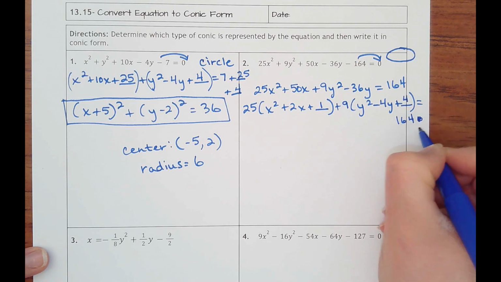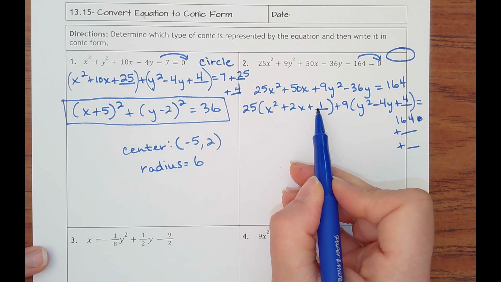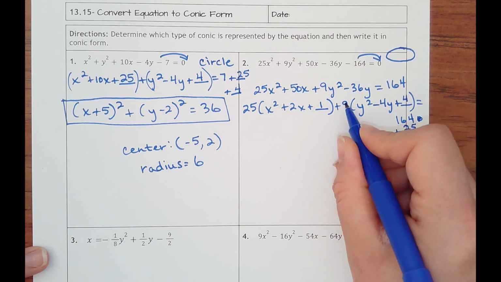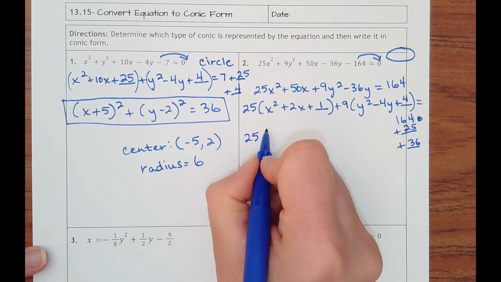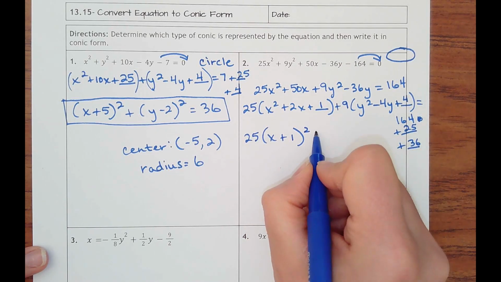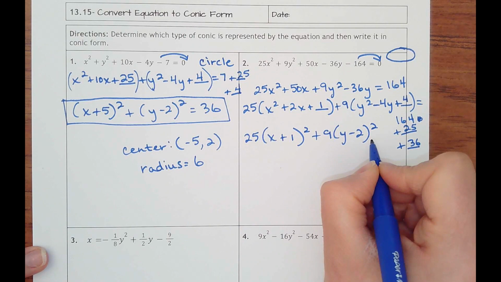I don't even have room. Plus blank, plus blank. Remember, I'm not just adding a 1, I'm adding whatever 25 times 1 is, which is 25, and 9 times 4, which is 36. So you get 25 times x plus 1 quantity squared plus 9 times y minus 2 quantity squared equals,